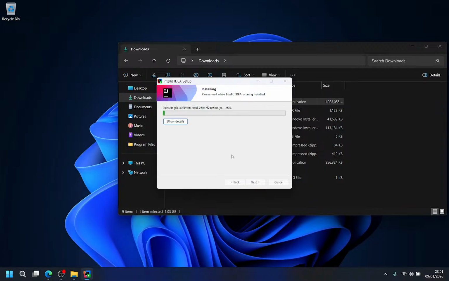Install. And now we have to wait. This might take a while. It depends on your computer. No, I mean internet speed does not count because everything's inside. But it depends on your computer speed, like the hardware, the SSD, hard drive, or maybe just your processing speed as a whole. So yeah, depends.